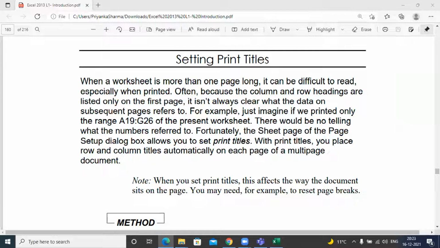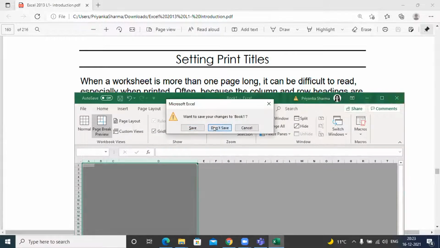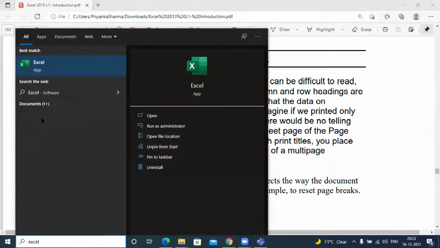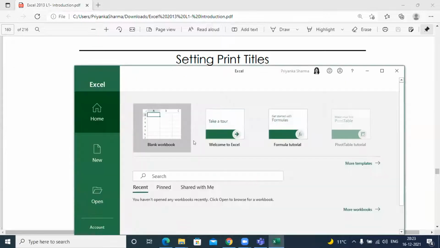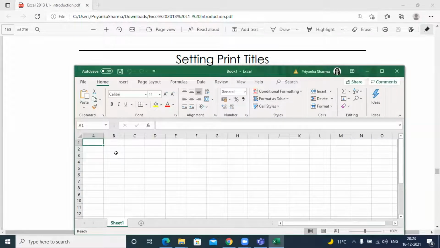The main reason is that the column or row headings are on the first page only, so it's not clear what data is on the subsequent pages. Imagine I open an existing Excel sheet where there is some information, or maybe just a blank one will also do. So I just clicked on one of the Excel sheets, and let's say I had some columns.